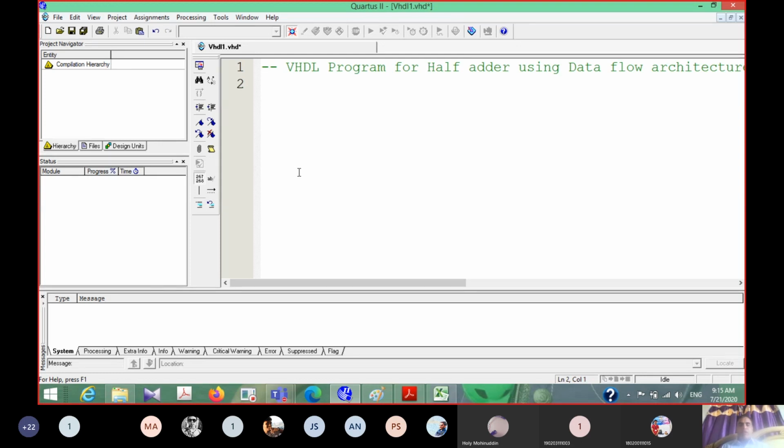This is the comment for this program, saying what the program is for: the half adder using the dataflow architecture modeling in VHDL.